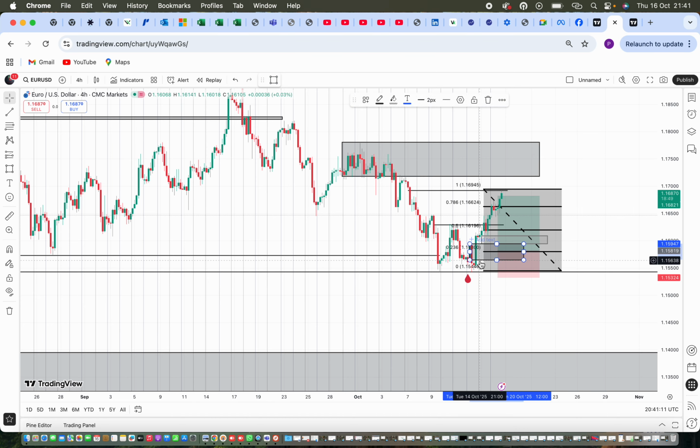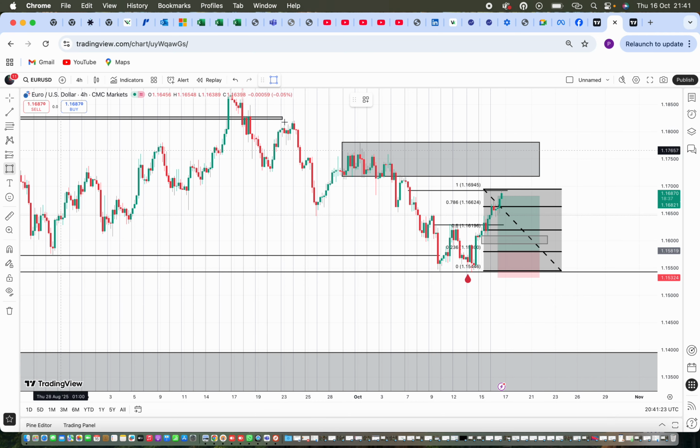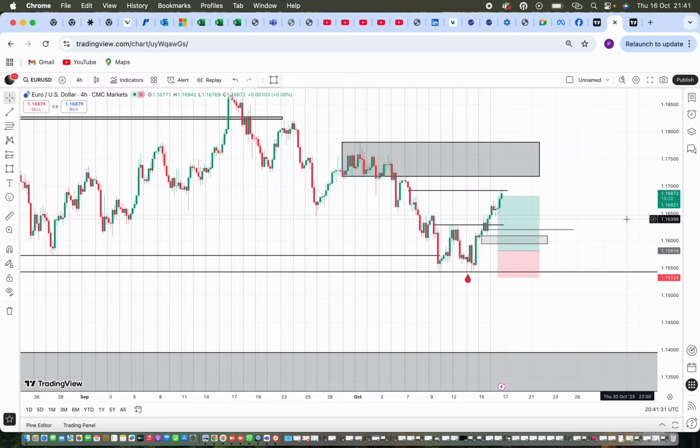So now guys, I'm expecting price to actually get to two major key levels. Remember, these are 50%. All right, let me delete the Fibonacci too, but let me just mark the 50% as well, so we can know when I remove it we can still see it. Okay, that's the 50%. So I can now delete this now.